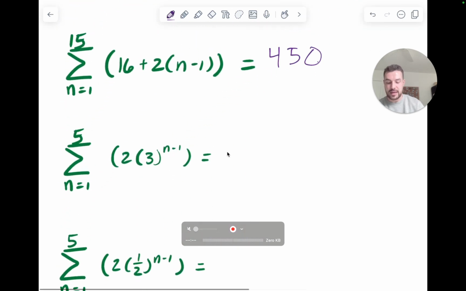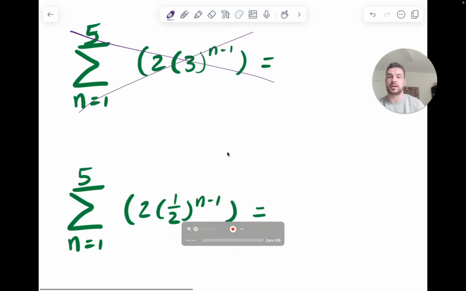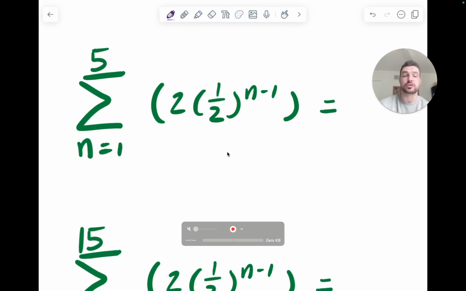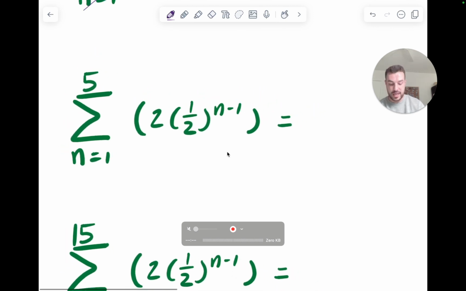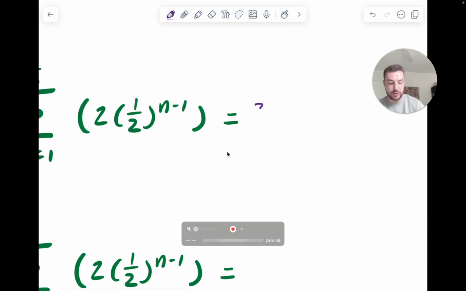So let's take a look at the next couple examples. Why don't we skip this one to make our lives a little bit easier. We've got the geometric sequence described by the explicit formula 2 times 1/2 to the n minus 1 power, and we're going to calculate the sum of the first 5 terms. If we plug that into our calculator, again, you could use Desmos or your regular calculator, we are going to get